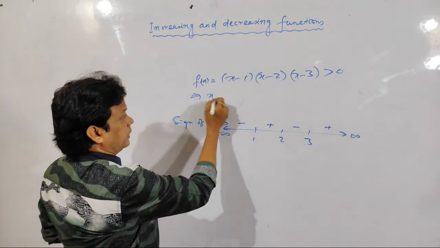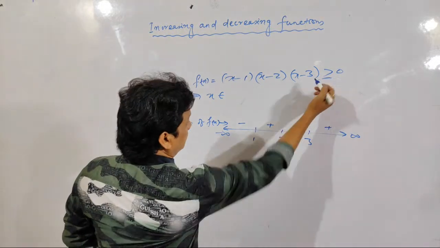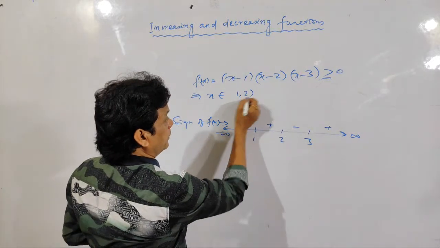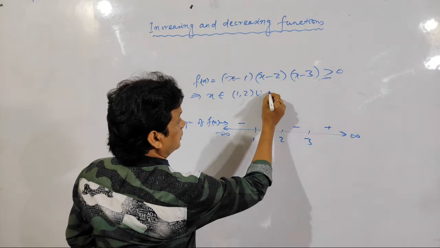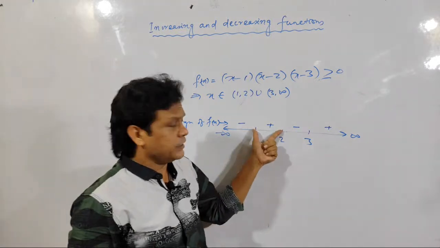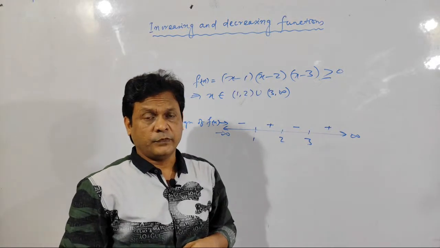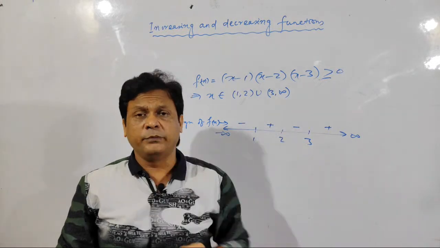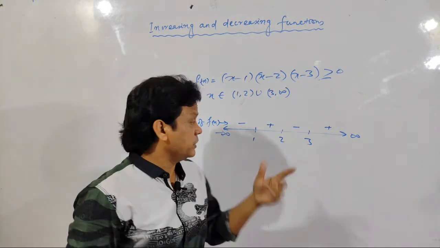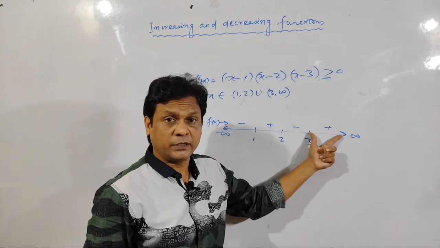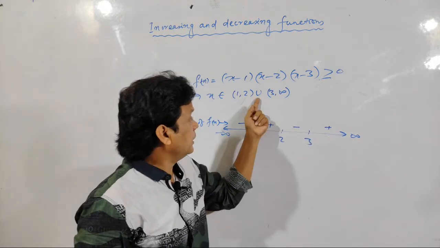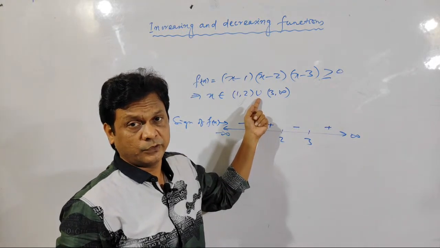So here the value of x, your requirement is positive. So either this interval or this interval. And this interval is 1, 2, so open interval 1, 2, union 3, infinity. This interval is positive, this interval is positive. So if I tell you to choose a positive number, you can choose a positive number from this interval or from this interval. That is why I am putting the union sign. Clear?